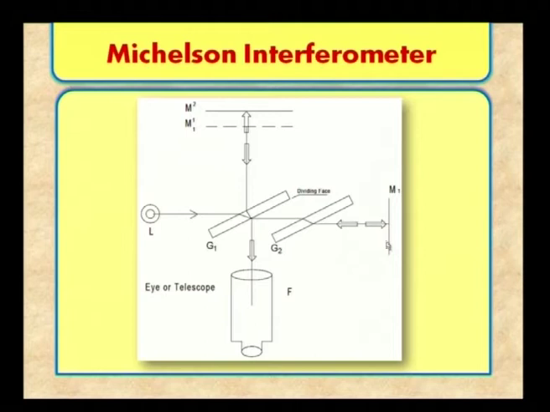Secondly, we have seen the Michelson's interferometer, which has been used for several purposes. It has yielded good results with regard to the determination of velocity of light, determination of refractive index, estimation of thickness of a thin film, etc. It has got varied applications. In spite of all these things, when you go to the Young's double slit experiment as well as Michelson's interferometer, the term coherence plays a very important role.